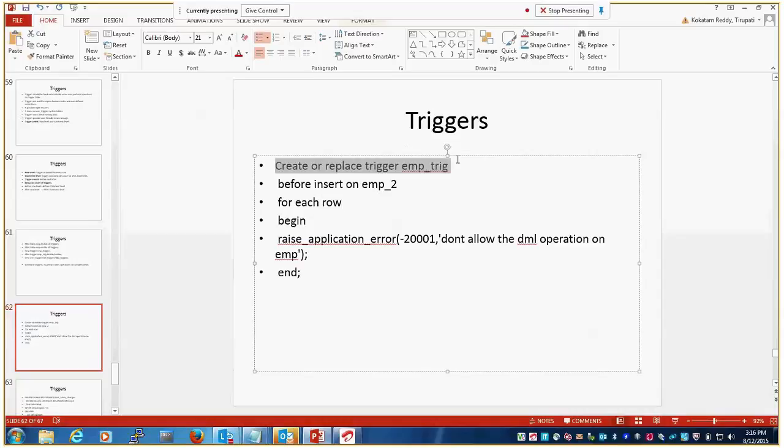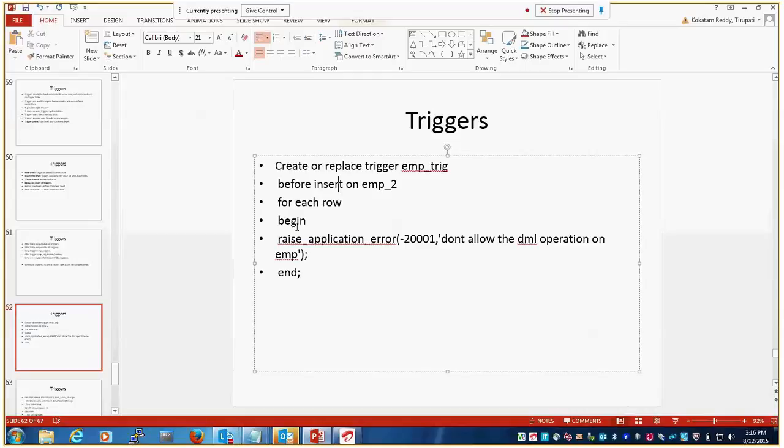Create or replace trigger name before insert on EMP_2 for each row begin raise application error. When a user performs an insert operation on EMP_2, before the insert happens, the trigger will raise and we will get the alert.